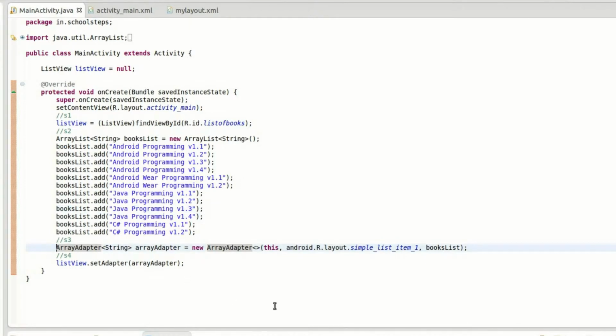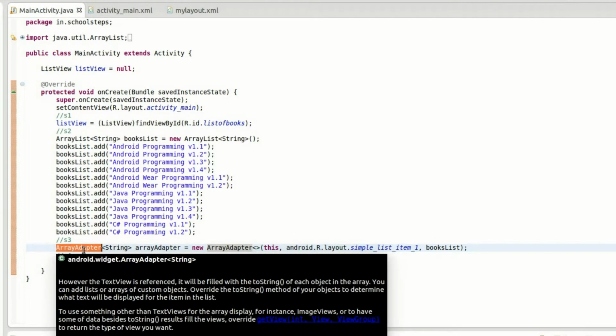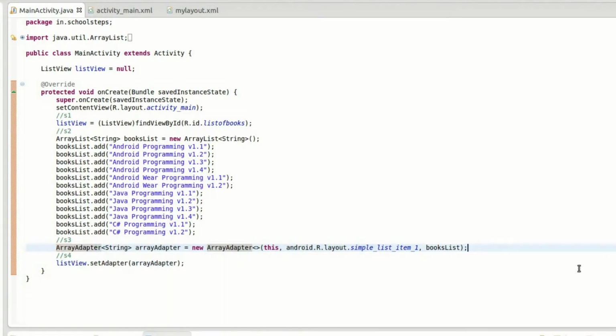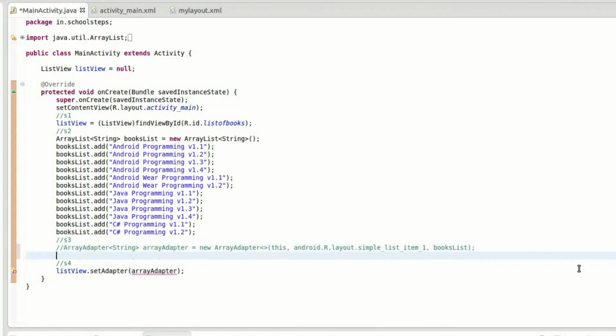Right here in step number 3, we need to place our new custom layout. But we cannot place it in the array adapter. We have to create our own custom adapter. So let's comment this line and let's say my adapter is equal to new my adapter, and let's pass three parameters here the same way.